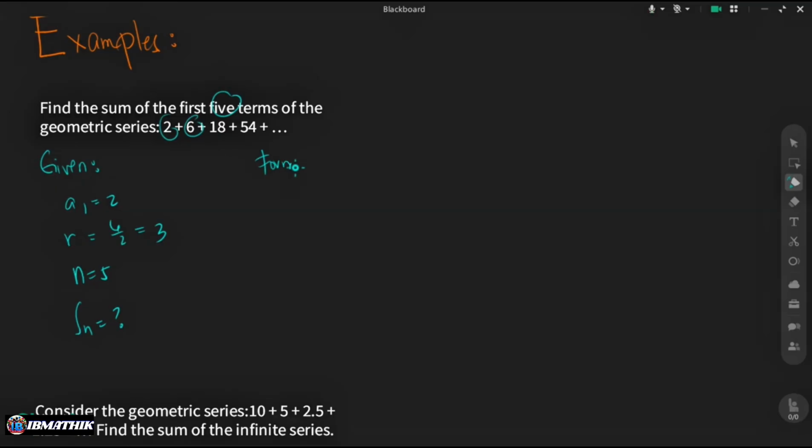The formula is S sub n over 1 minus r. So let's substitute the formula. 5, first term is 2, 1 minus